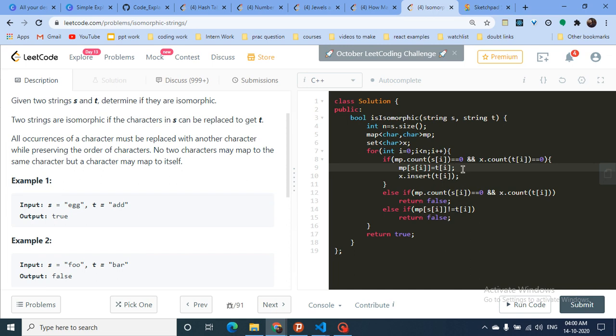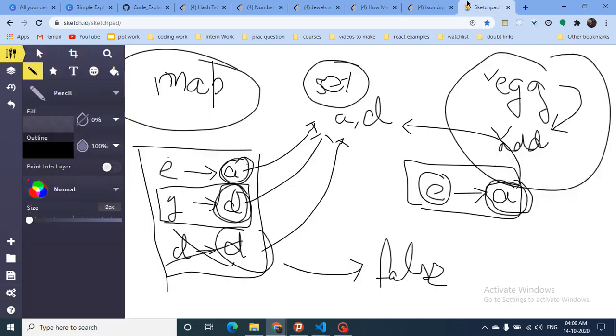Else, if I see that this map entry is not there, which means the E to A mapping is not there, but A is already mapped to, as you can see, maybe D in the map. D already maps to A, and E mapping to A is not present.